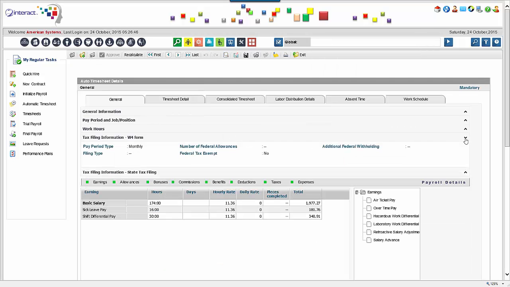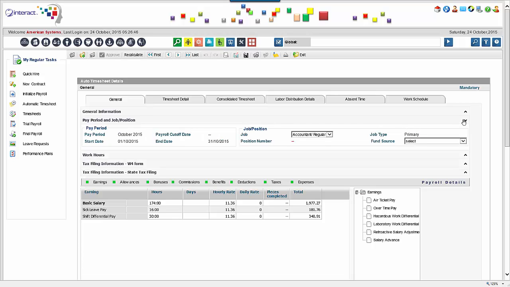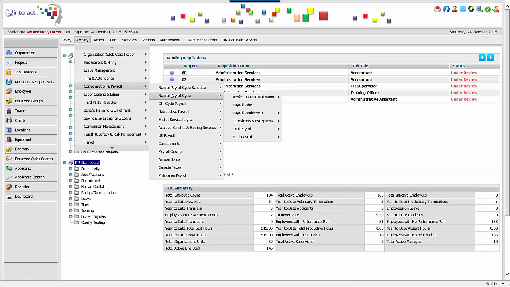The system is seamlessly integrated with leave management, which means that all my leave transactions will automatically be considered by the payroll, and leave earnings will be calculated correctly based on the rules set up in the system. There are 4 types of payroll in Interact: the normal payroll cycle, the off-cycle payroll, the retroactive payroll, and end-of-service payroll. All of them are part of the same payroll system, but they are also separate processes, which are seamlessly